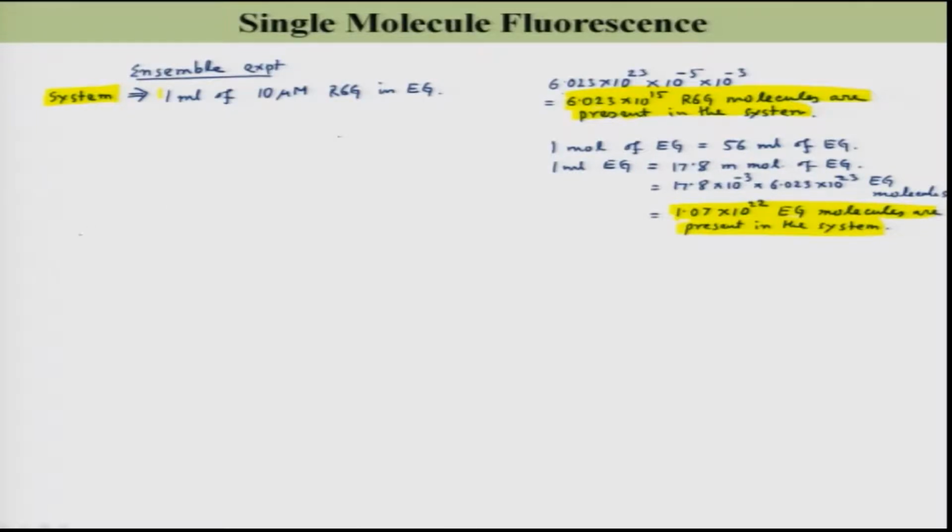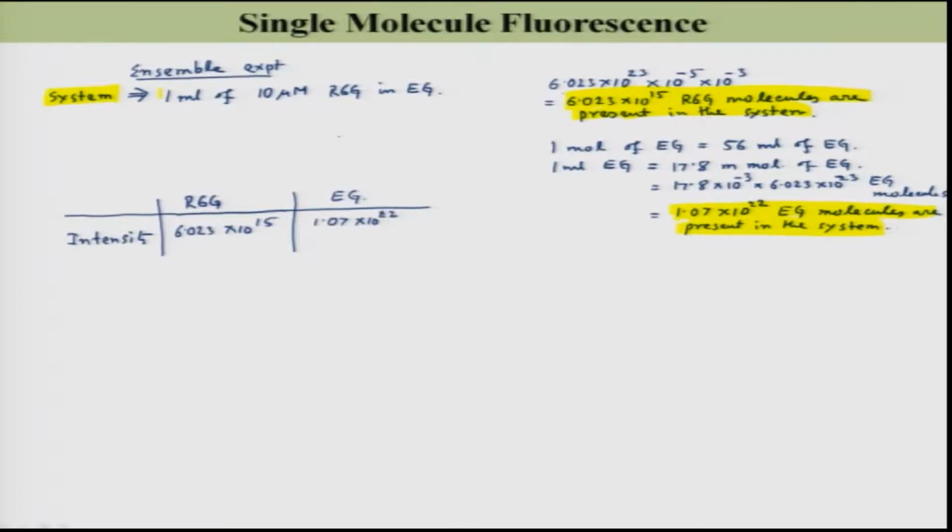So, now I will write the intensity coming out of rhodamine 6G will be 6.023 into 10 to the power 15. Now, the intensity from EG, that I should calculate here. So, in this case I have 1.07 into 10 to the power 22